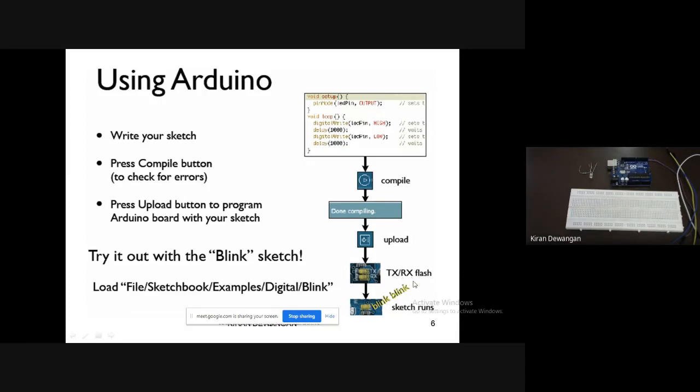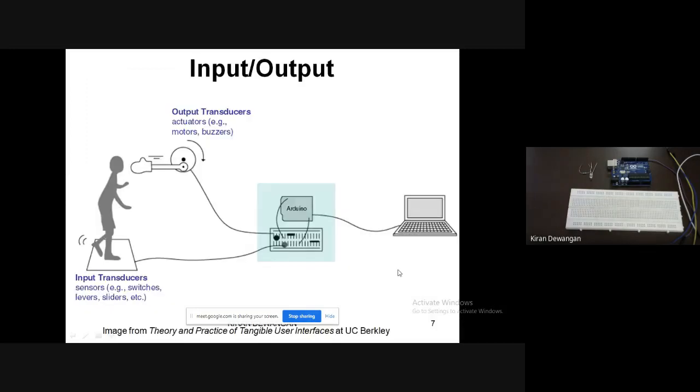If these two glow, as soon as TX RX glows, that means our board has connected with our code. TX RX should blink if you are uploading the code to the board. Then the sketch runs. Okay, so your blinking will start. So this is using Arduino.